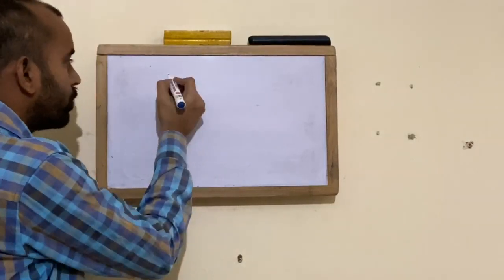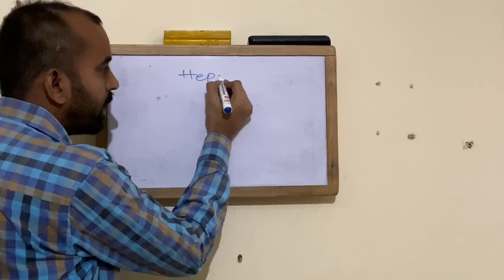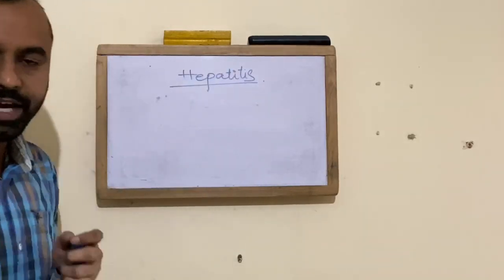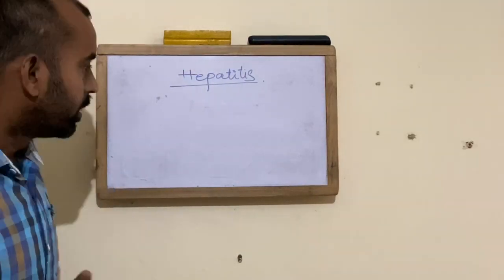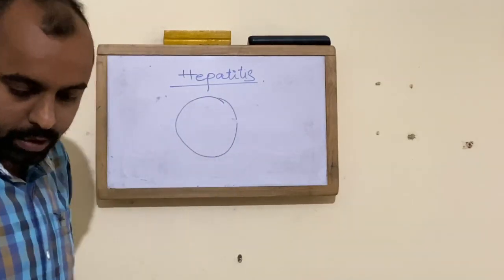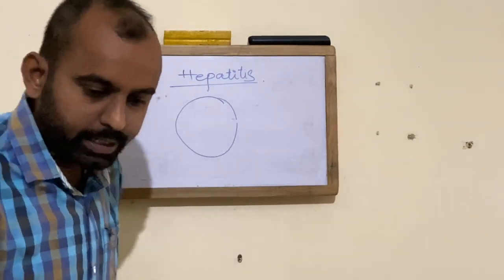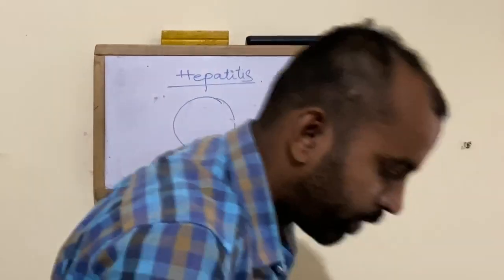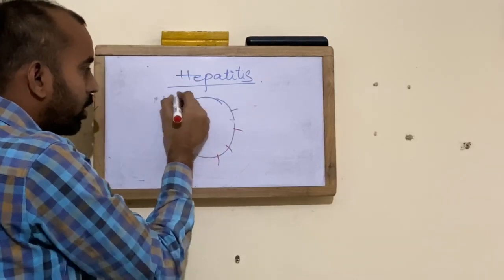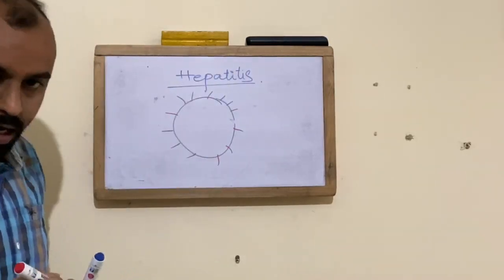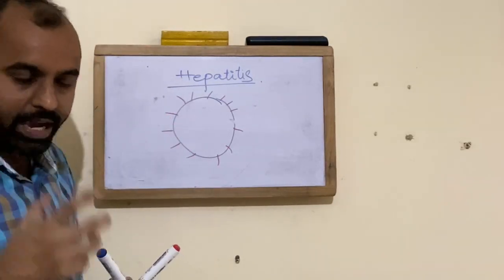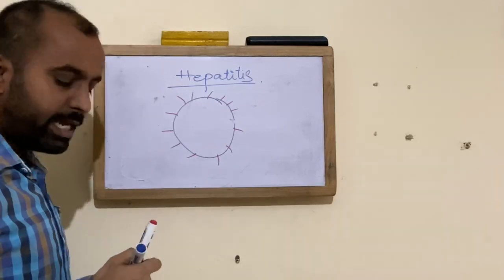So if you see the basic fundamental aspects of hepatitis vaccine, first you need to know the structure of hepatitis virus. This virus generally will also have some surface protein. The surface protein is again the spike protein. Okay, here you have the spike protein, the surface protein, the spike protein. Now the genetic material present in the hepatitis virus is a double stranded DNA.